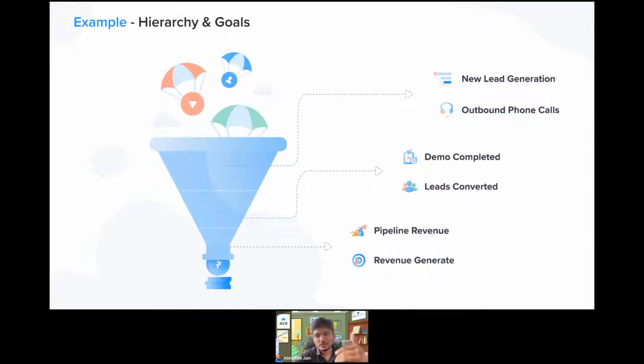And once those leads are converted, then your whole set of importance becomes improving your bottom of the funnel, which is your pipeline revenue and the revenue that is generated, right? So that's fundamentally what a typical sales funnel for any sales-driven organization would look like, right?